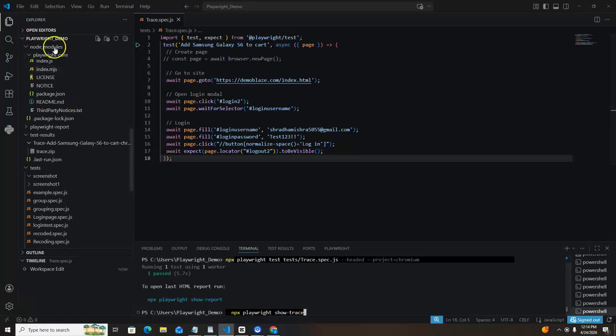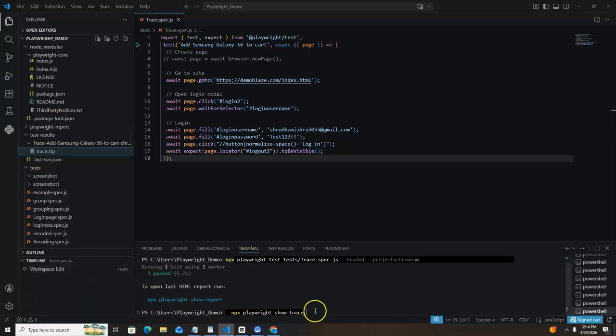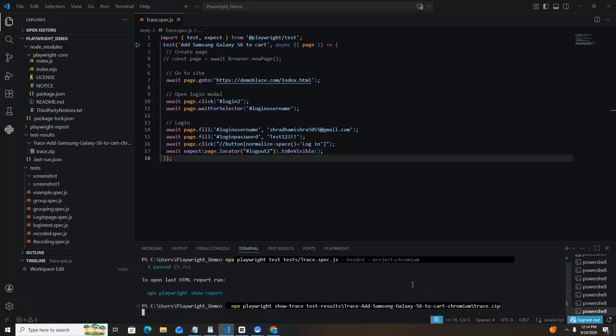And after that, once you write show-trace, let me copy the relative path and write the relative path here, because I want to open this file. And now execute,